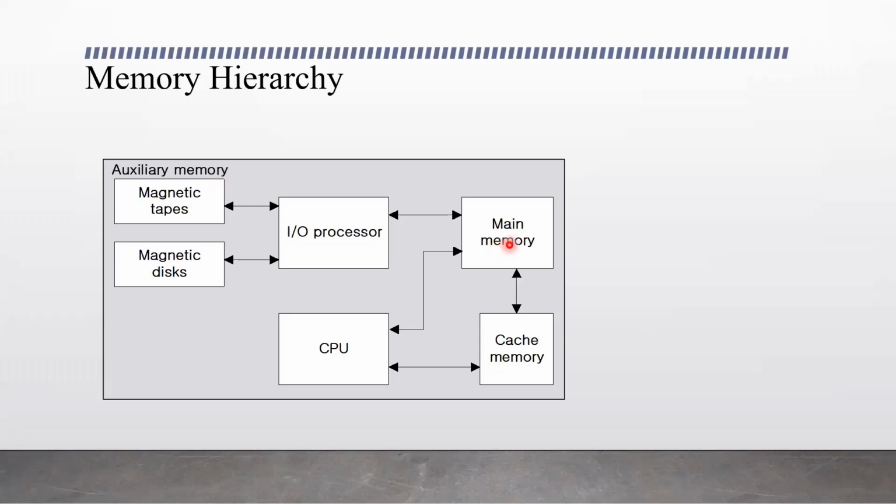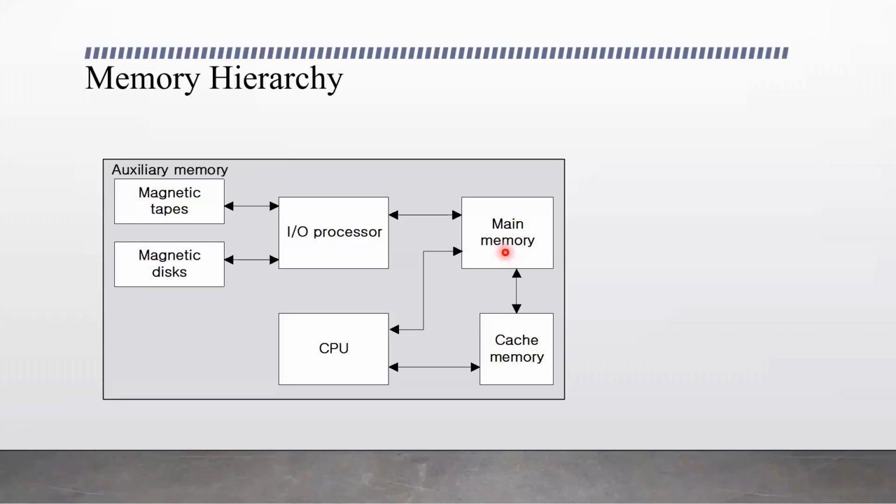Main memory is the unit that is directly connected. So all the programs that are currently being executed need to be stored in main memory. When a program is in auxiliary memory, it cannot be processed. When the CPU needs to process it, it has to be brought to main memory. The programs that are not currently being executed will not reside in main memory. They will be stored in auxiliary memory only, to save main memory space.